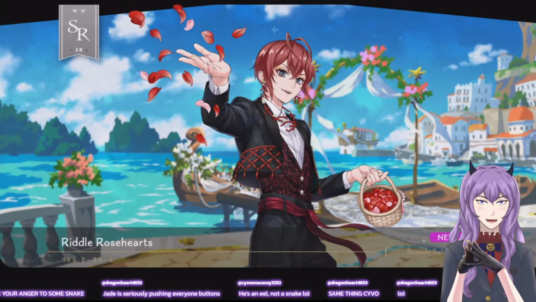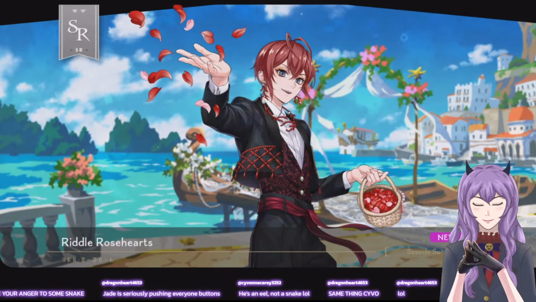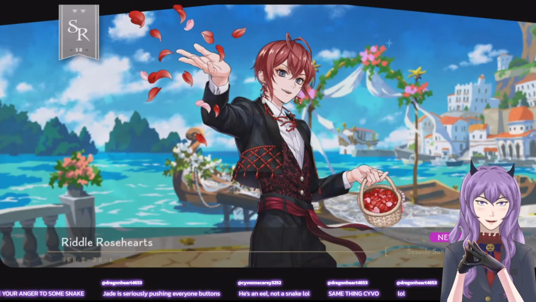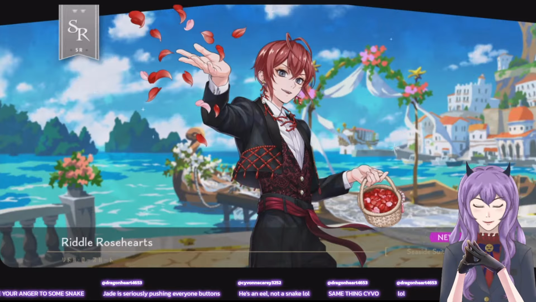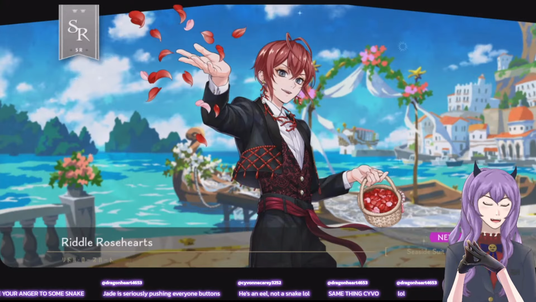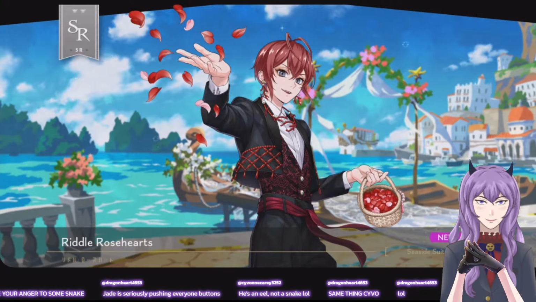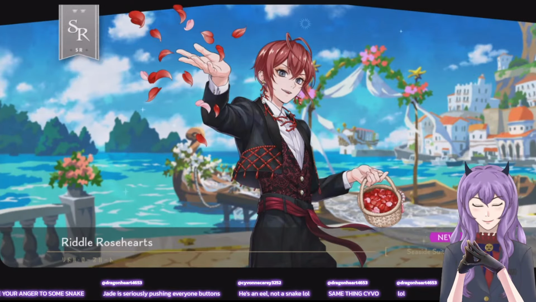I like his outfit. It's very nice, especially all the embroidery on his vest there. Also, I'm like, damn, Riddle, you are thin. This boy needs to eat a cheeseburger. You're like a thin Victorian child. Except that you aren't that frail, but you kind of look frail. You need more meat on your bones.